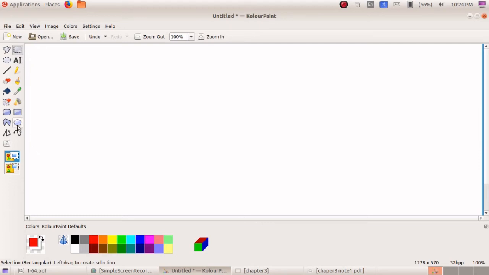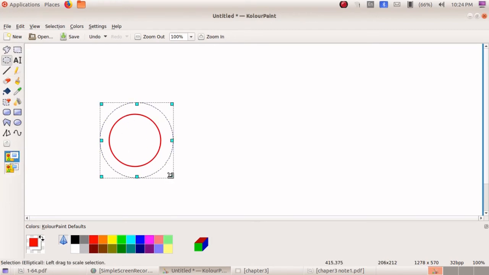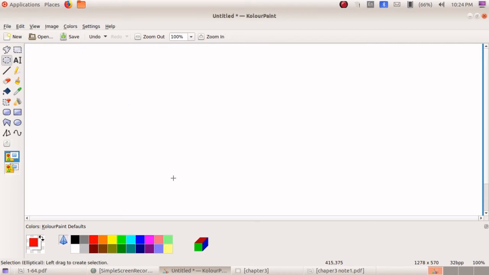If we draw any round or oval shape figures, you have to click on this elliptical selection. Just hold, select and delete it, isn't it?